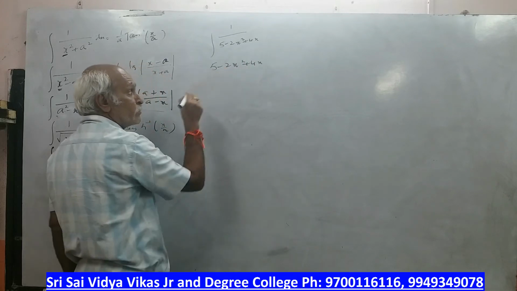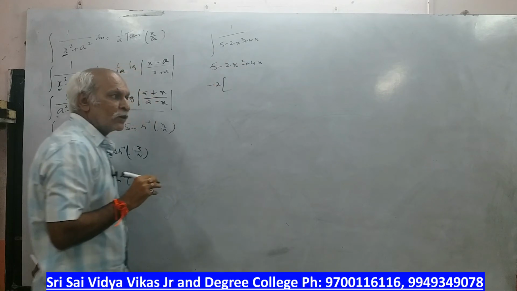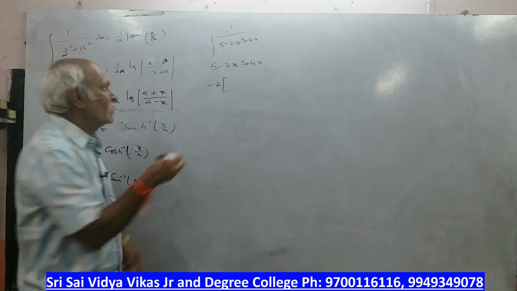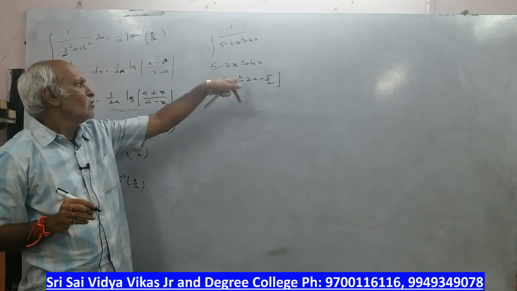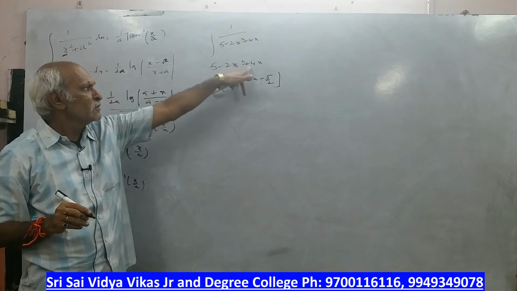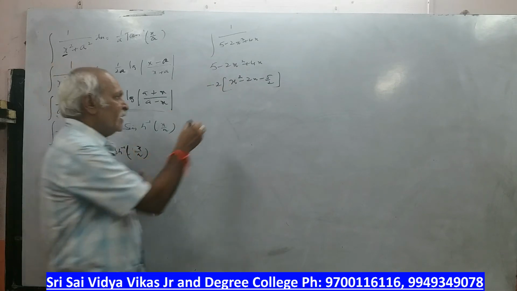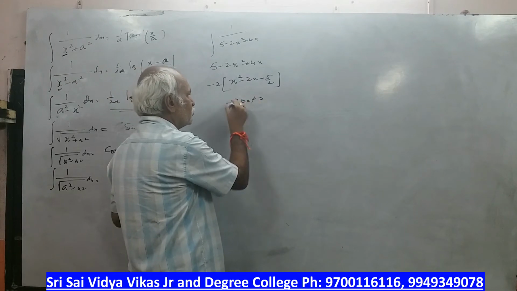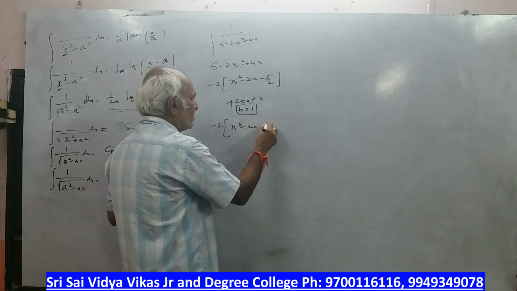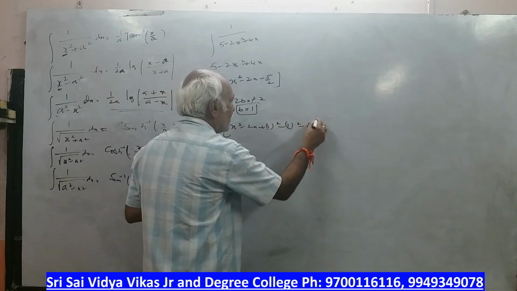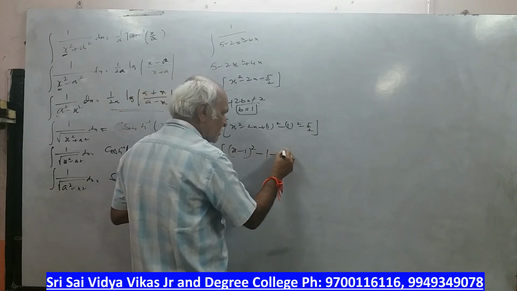4x. Now here minus 2x square plus 4x, 5 minus 2x square. Take minus 2 common. So whatever is there, that we have to take minus 2 common. So this becomes what, sir? X square minus 2x minus 5 by 2. Is it clear? I have taken minus 2 common, so it becomes x square. From 4 you have taken minus 2, so minus 2x minus 5 by 2. If you open the bracket, again you get back this. Again minus 2, b is equal to 1. Therefore plus 1 square minus 1 square minus 5 by 2. So minus 2 into x minus 1 whole square minus 1 minus 5 by 2.